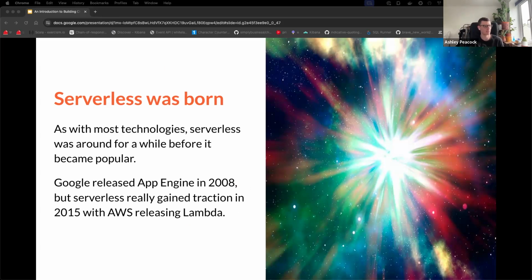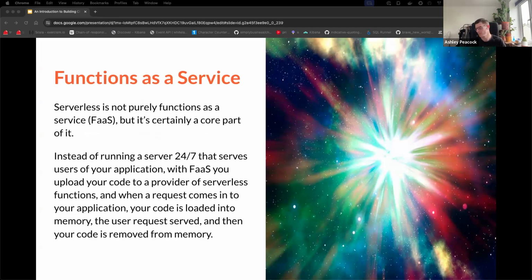And serverless is not just one thing. Sorry, not Lambda, serverless. Serverless can be anything. It can be databases, it can be caches, services, whatever you like. In theory, anything can be serverless. But one of the main aspects of serverless is how do you run your code? If you haven't got a server to execute your code on, how does your code get executed? And that's where functions as a service comes in. So things like Lambda and Cloudflare all operate functions as a service.